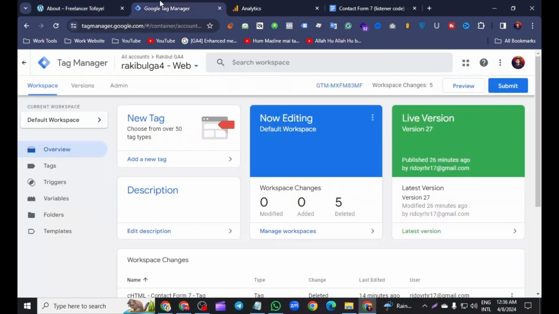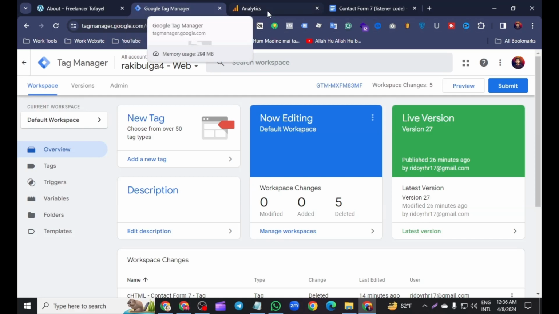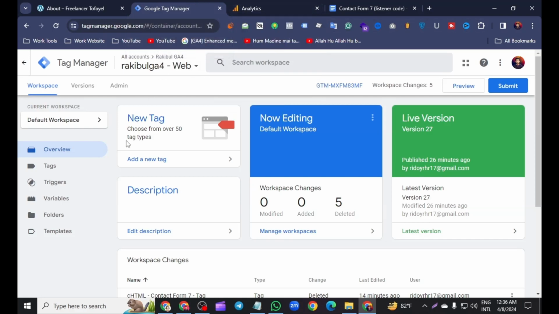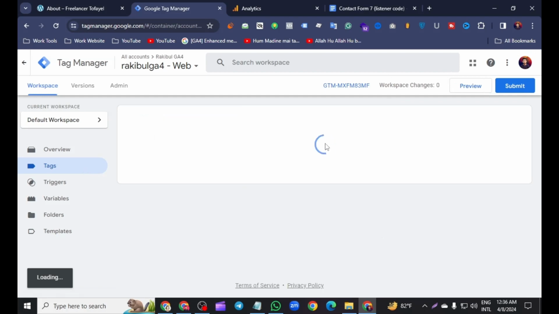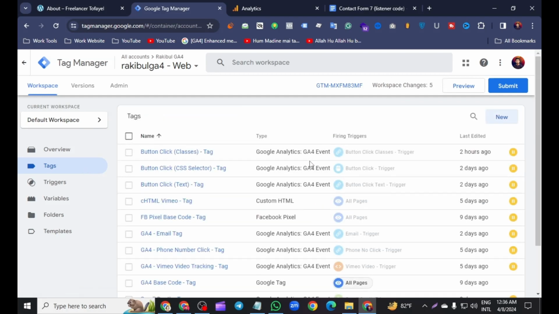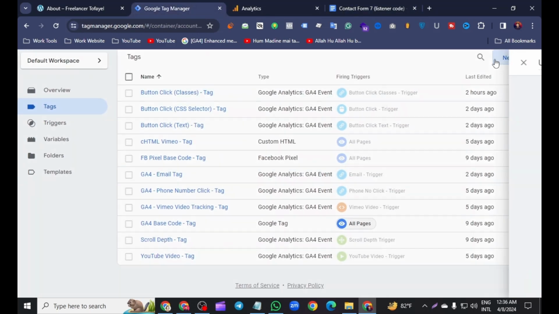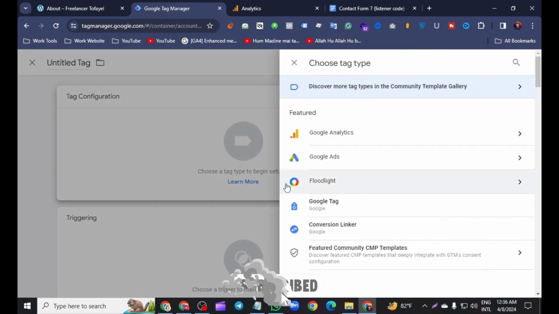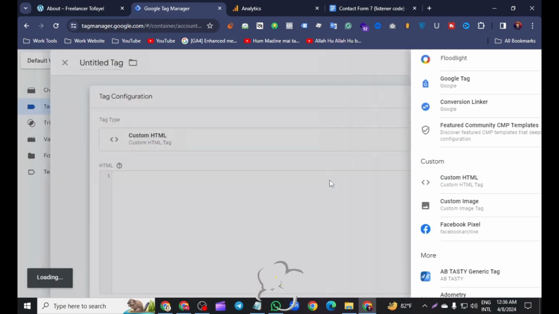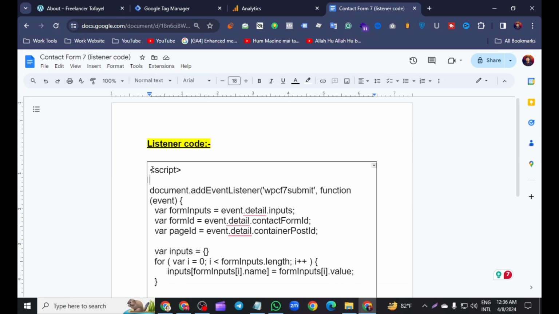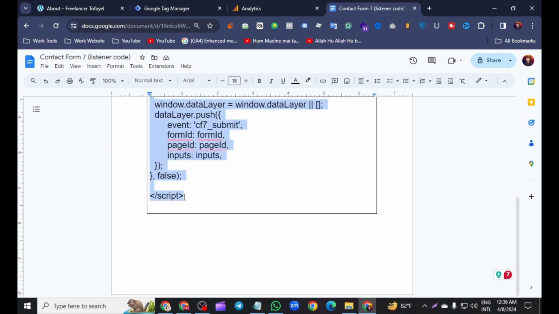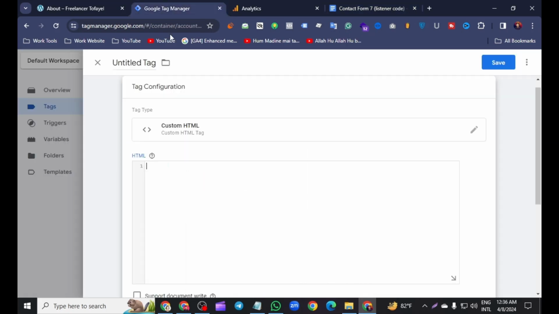First of all, we go to our Google Tag Manager options, and we connect our website and Google Tag Manager or our Analytics. I hope you can do it. First, we go to the tag options and we can use our form tracking. To track our form, we can use a listener code. Just click the pen icon, select Custom HTML, and copy this short listener code. Just copy it and paste it here,